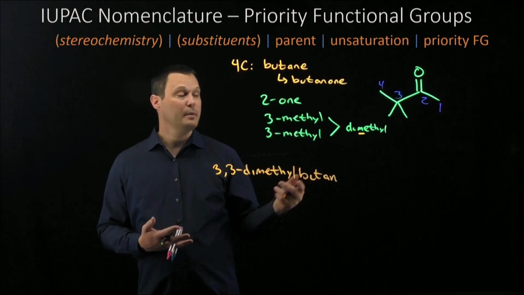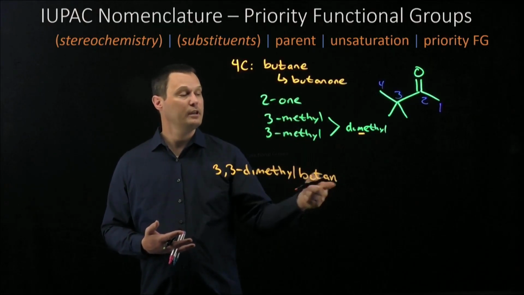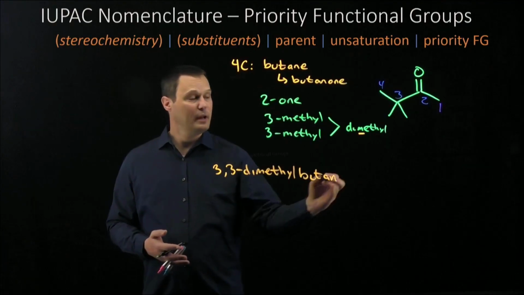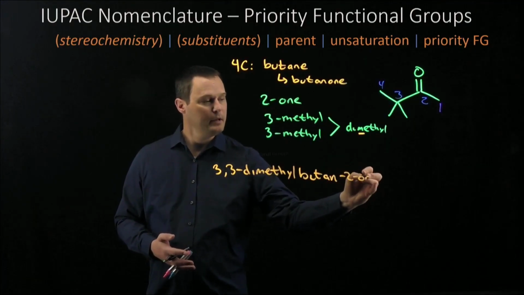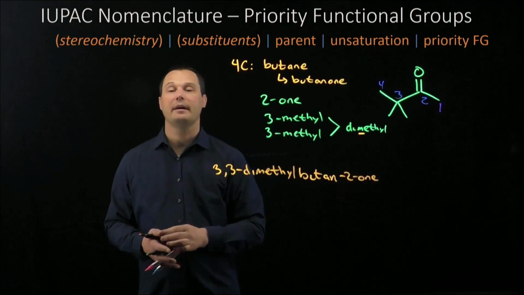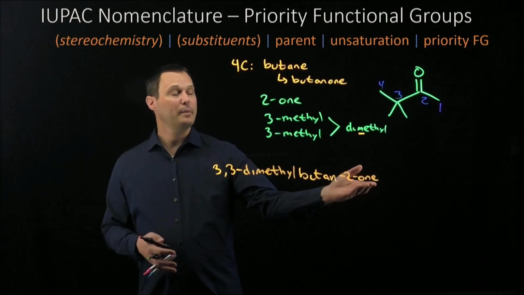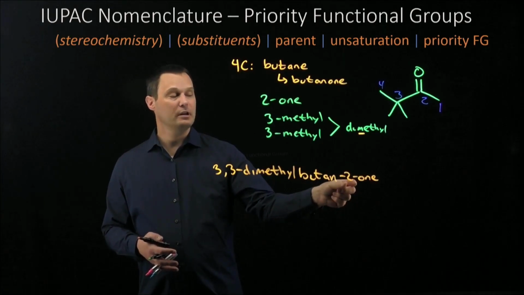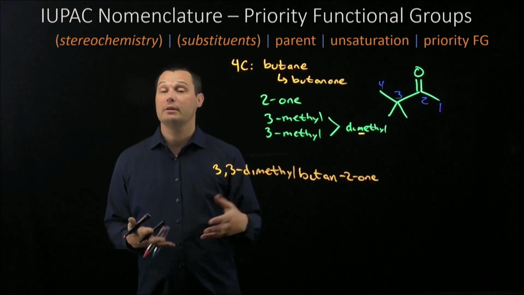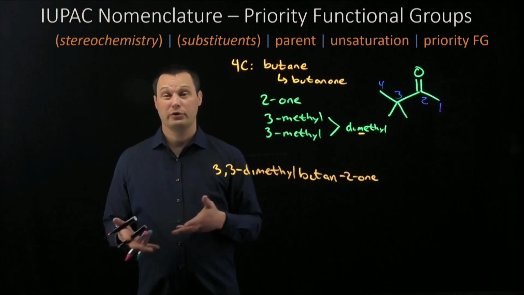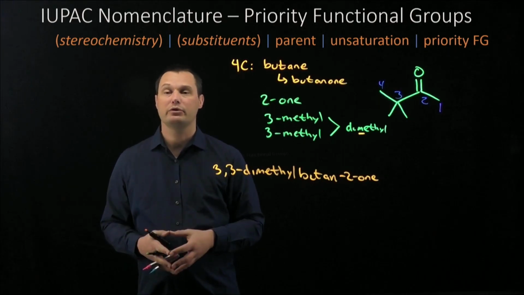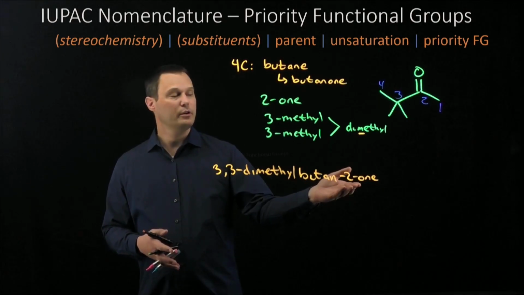The only update we need to make is to include the location number of the ketone in our final name. The official IUPAC rules say to put that number immediately preceding the syllable it is modifying. There was an old version of the IUPAC naming system where we could put this 2 in a different spot. I'm not going to go through that here because those are not the official rules, although your instructor may allow that, and you should check with your instructor if that would be okay. Putting the location number in the correct place gives us